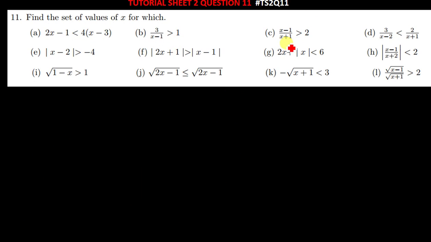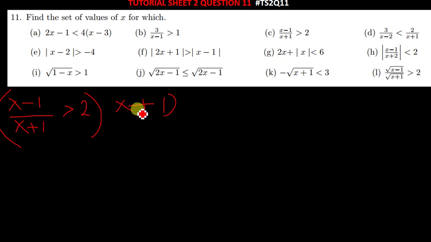Alright, we move on to this question, C. C is saying x minus 1 over x plus 1 being greater than 2. So here again you multiply both sides by x plus 1. We just want to get rid of the denominator there. So when you multiply x minus 1 and x plus 1, you get